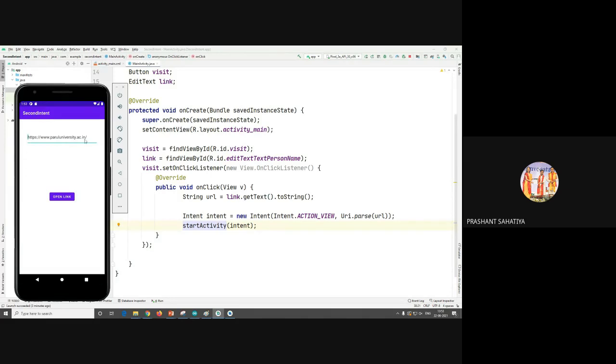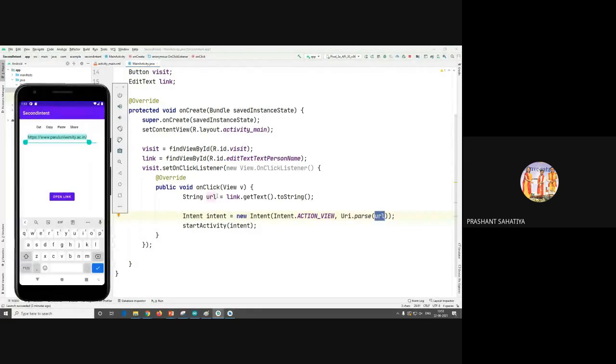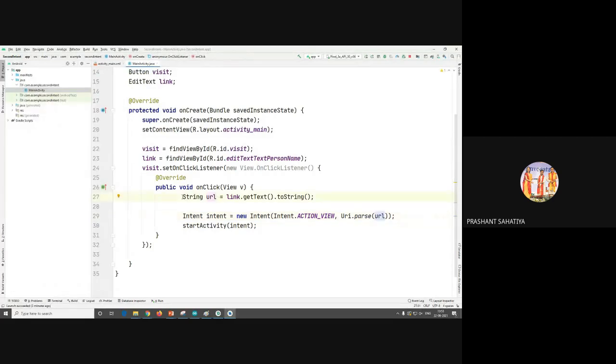Any other doubts? See, I'm asking here the link. So this thing you cannot ask and directly आप एक static email ID या static link भी open करवा सकते हो. ठीक है. In that case, URL will be having one static thing. देखो. ये shortcut से करना पड़ेगा, but let's see whether it is working or not.